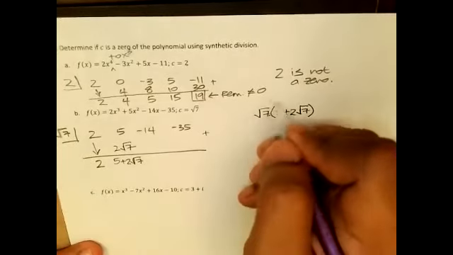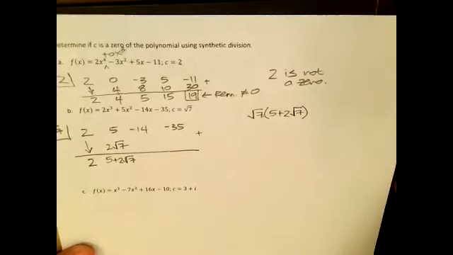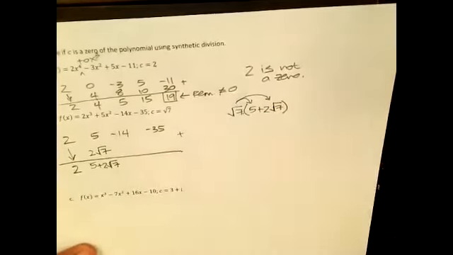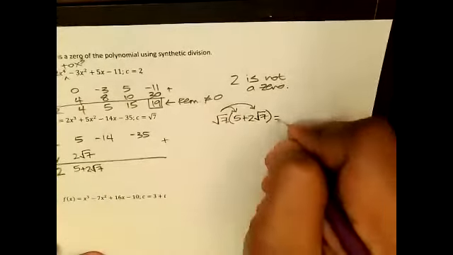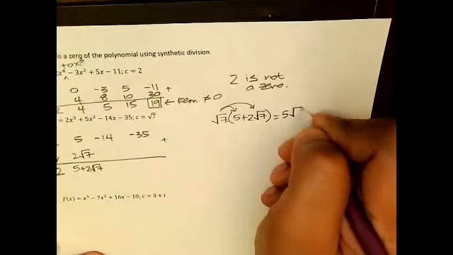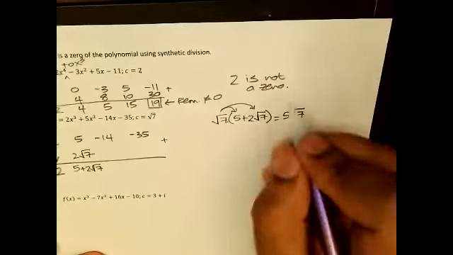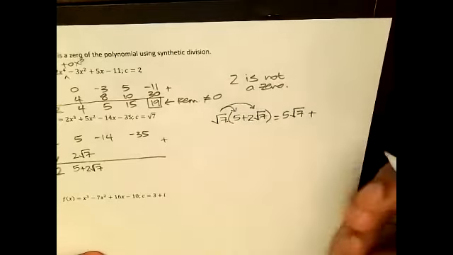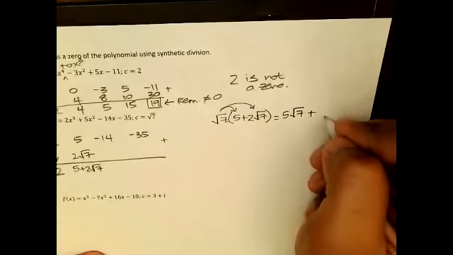So I'm going to multiply these by just distributing the square root of 7 to each term. So when I multiply square root of 7 times 5, that would just give me 5 square root 7. And then when I multiply square root of 7 times 2 square root of 7, so what's going to happen here